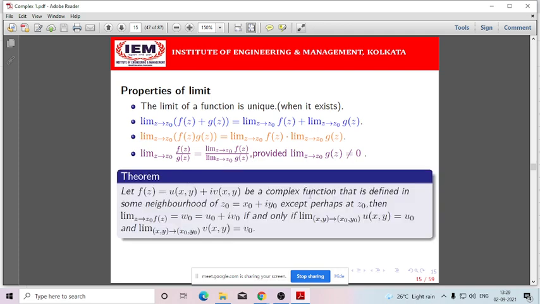And then there is one more property, a very important property that is only valid for a function of complex variable. This property is not valid for functions of real variables, because in the case of a function of real variables, the number of dependent variables is always 1, but here the number of dependent variables is more than 1. That's why this property will be followed. So what is the property? I am discussing it elaborately.